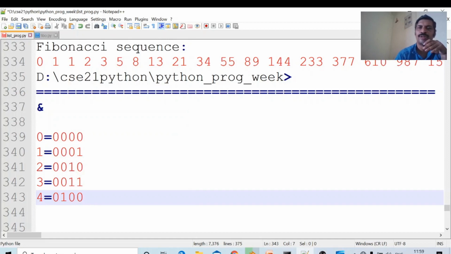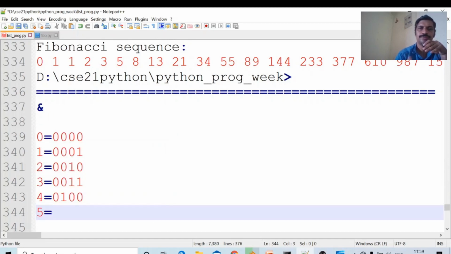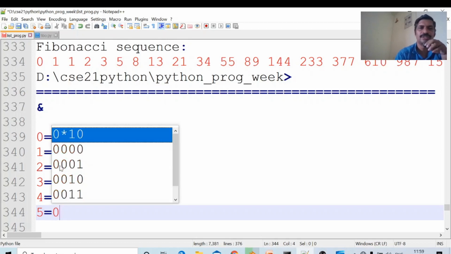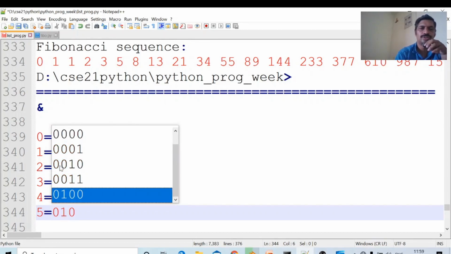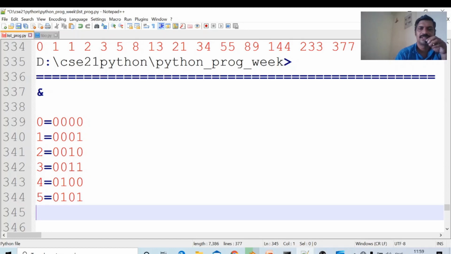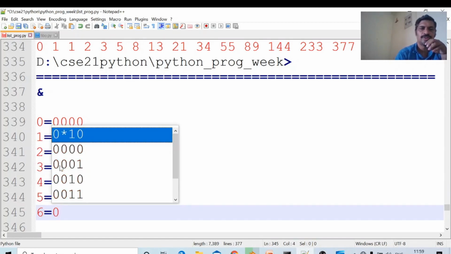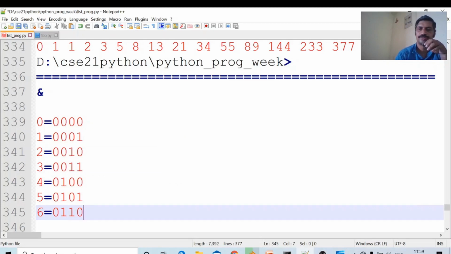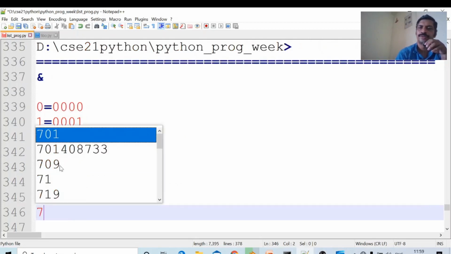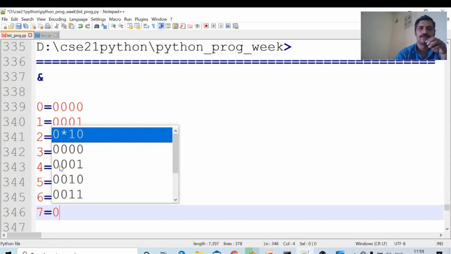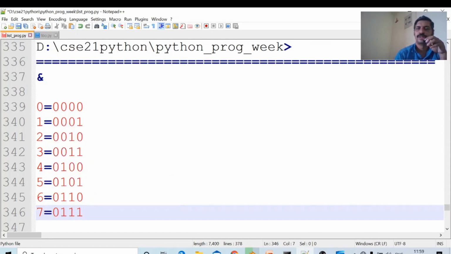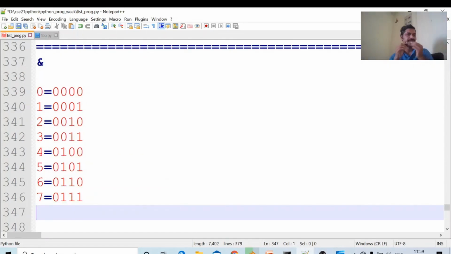Add 1 to the above number. 5 equals, in binary notation, 5 can be represented as 0101. 6 equals 0110. 7 equals 0111. This is the binary representation of 7.